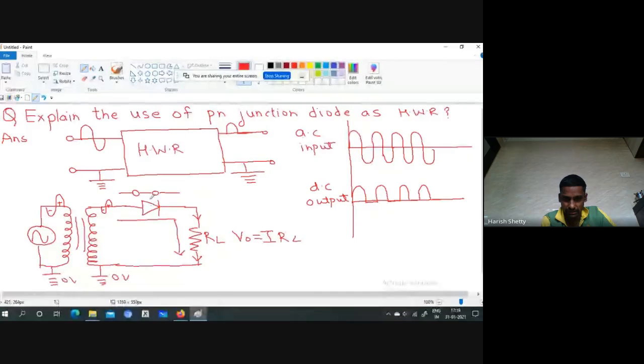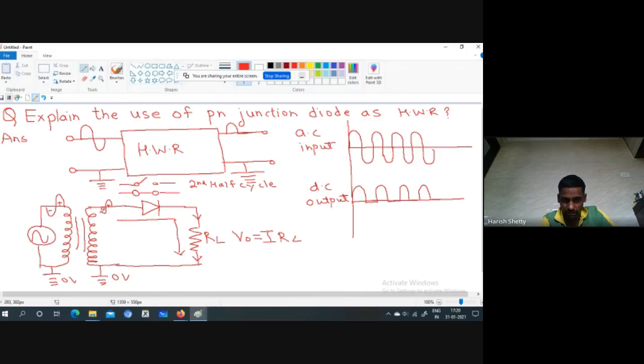In such cases our diode will behave like an open switch. So during the second half cycle, our diode is reverse bias, and therefore it will not allow the current to pass. It will behave as if it is open, that is this wire is cut, so there will be no current, and therefore we will get no output voltage. So this wire is cut, so whatever this negative voltage is there, we will get across this diode.